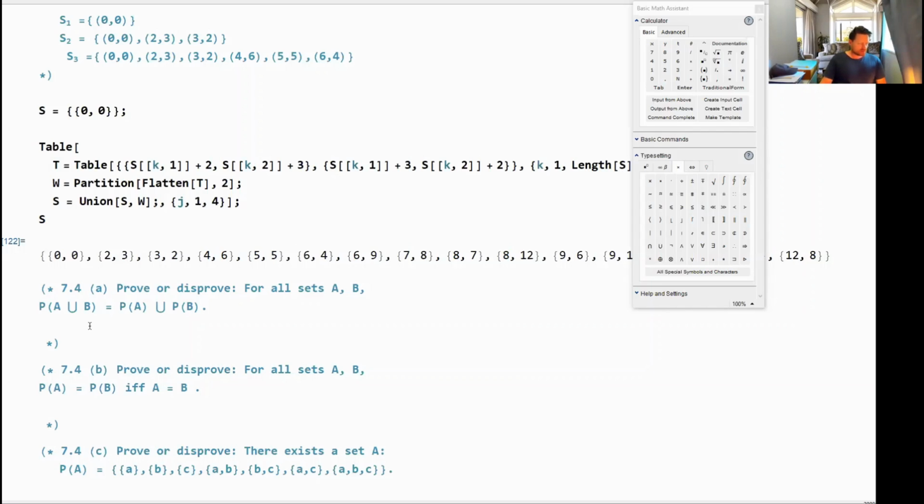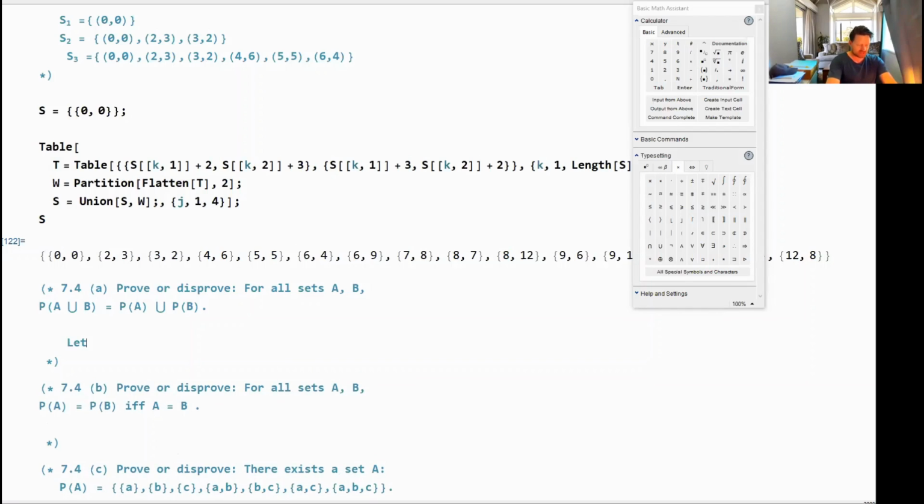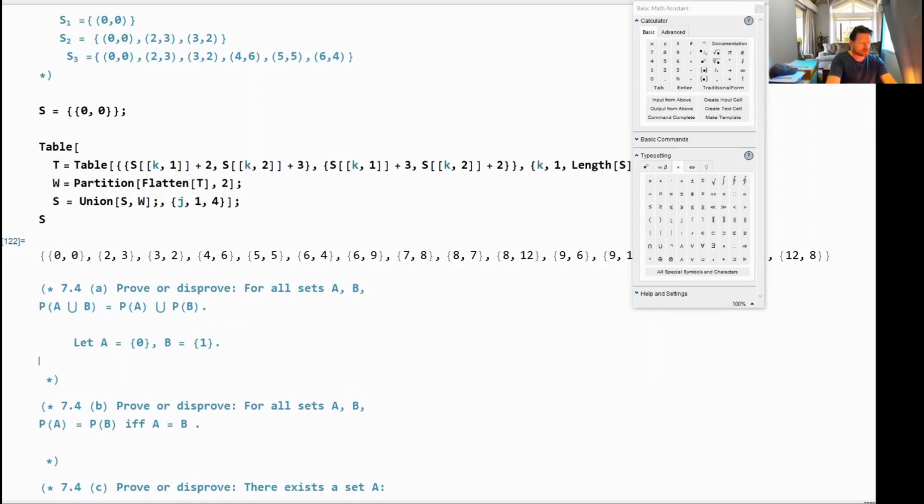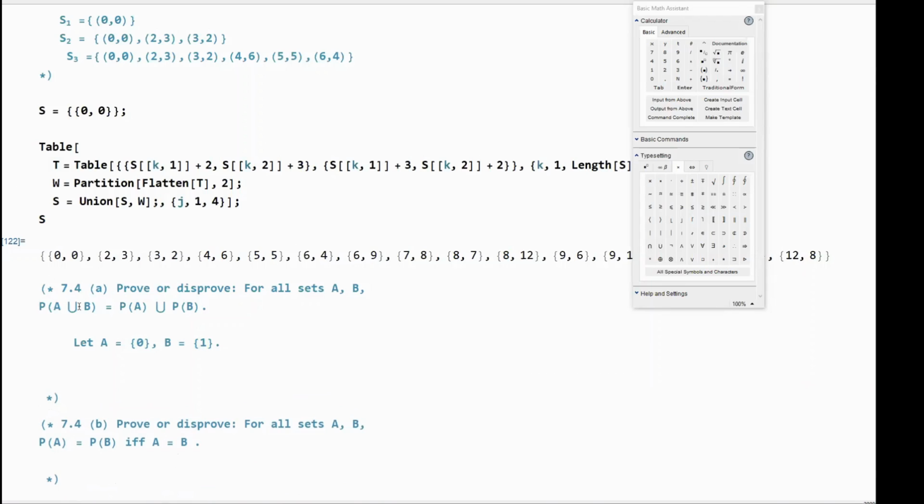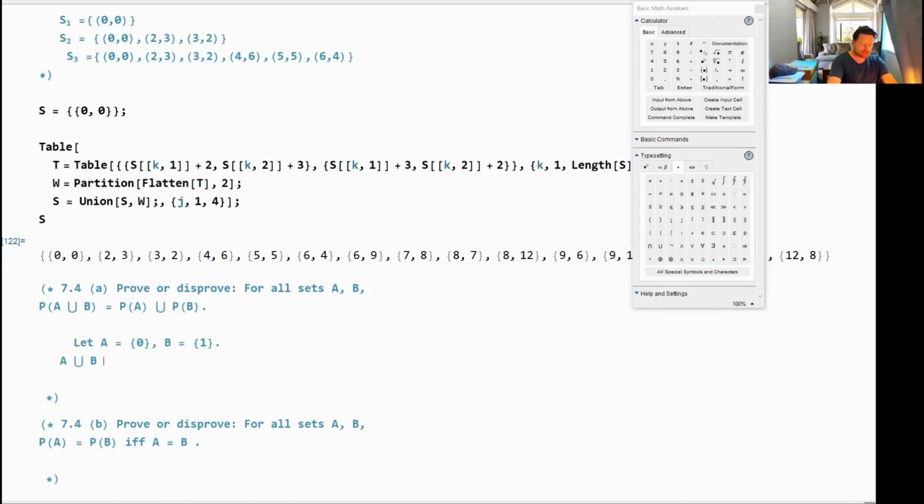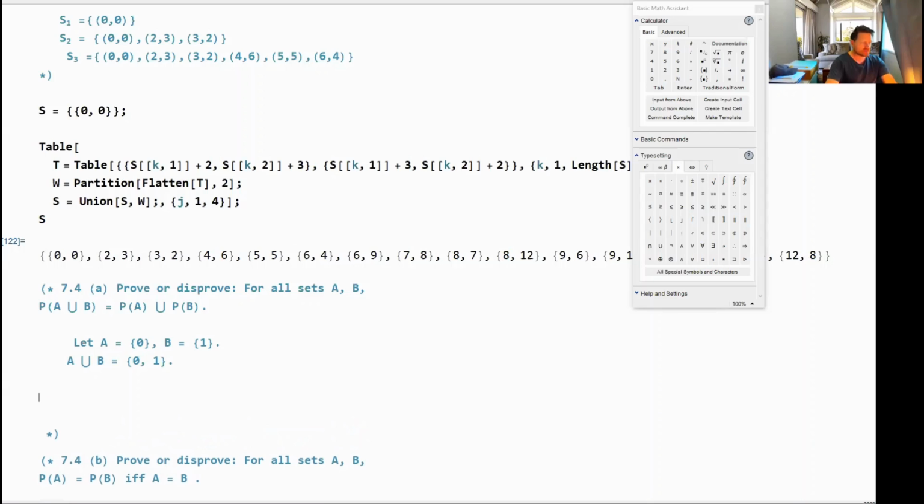here is going to be false, and we can give it a simple counterexample. So let's just say let A be equal to the set containing 0, and let B be equal to the set containing 1. Okay, and now let's take the union. So the union of A and B is equal to the set containing 0 and 1. Okay, and so now the power set of that union